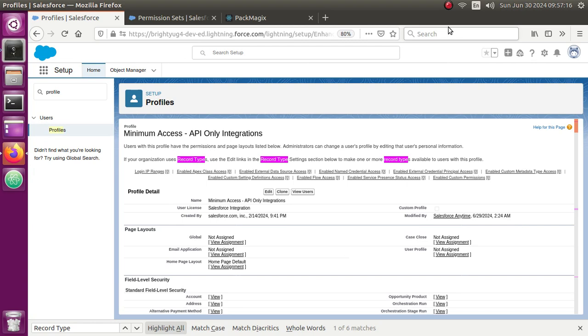Did you ever require to set up record type assignments or record type permissions inside your org? If yes, this is the right video for you. I'm going to show you how you can set up record type assignments not only for a single profile but for multiple profiles on a single screen. You can also set up the record type assignments for multiple permission sets on a single